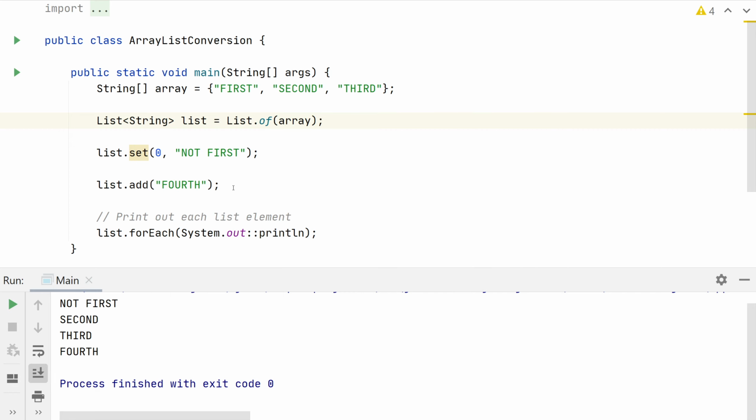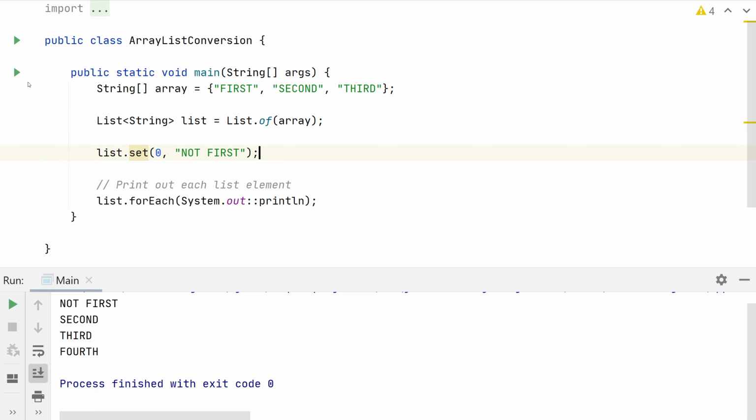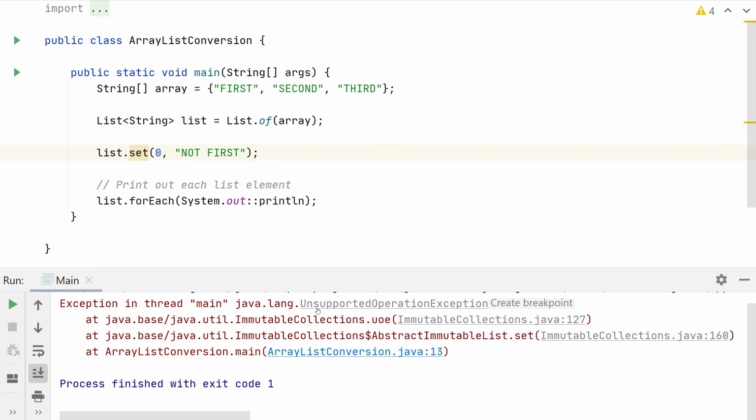If I attempt to run this code, keeping just the set call, we can see that even this doesn't work, again, resulting in that unsupported operation exception. Immutable collections like this can be useful in a lot of situations, but if you need mutability, consider the previous solutions. Now, if you're stuck using a version of Java before Java 9, though, there's an alternative method for creating